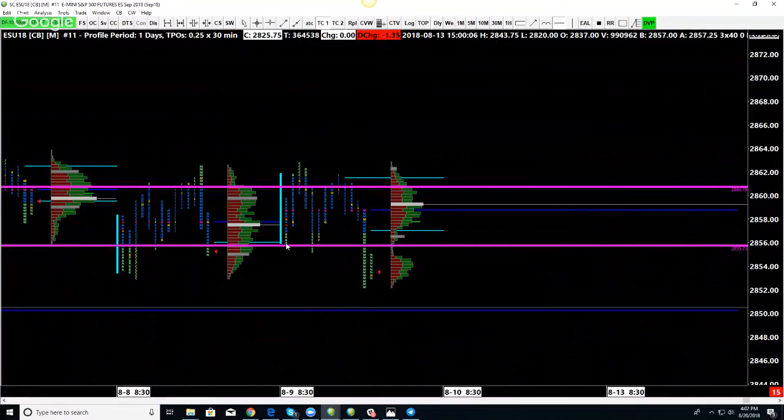So if you immediately got bearish, guess what? You got squeezed all the way up into C period, right? We tested all the way through the range and poked our head out. We then closed back into value area high, right? You see in that D period, traded all the way to value area low and poked our head right below. Again, if you're chasing trades in this environment, you're getting stopped left and right because this is a balanced environment